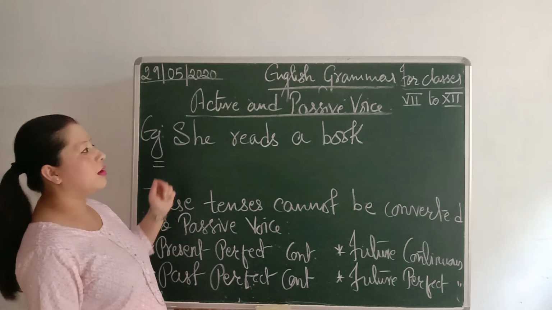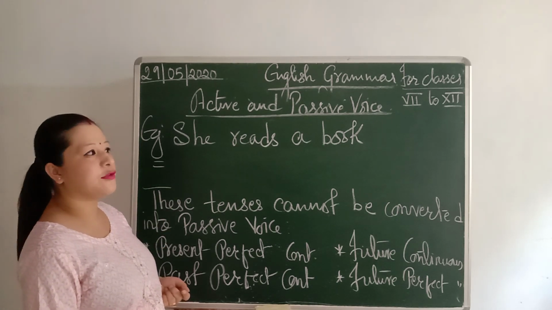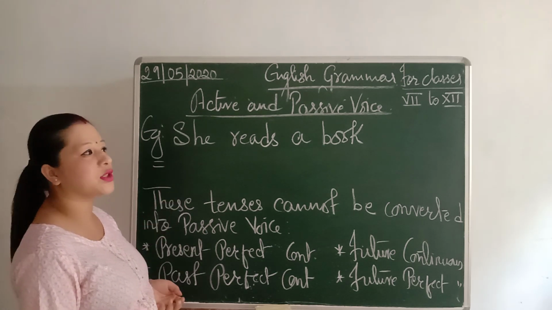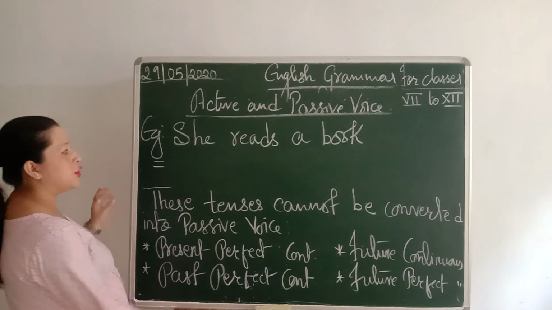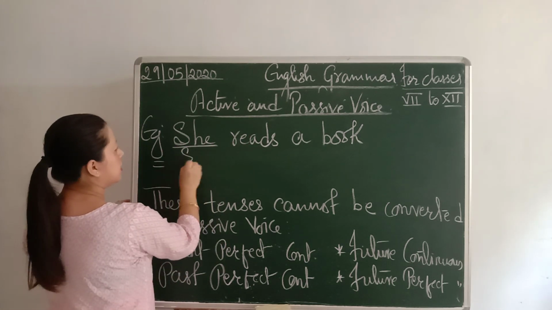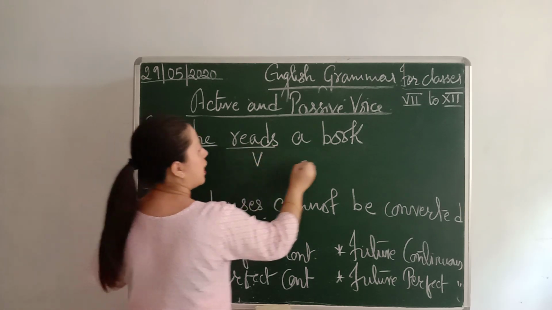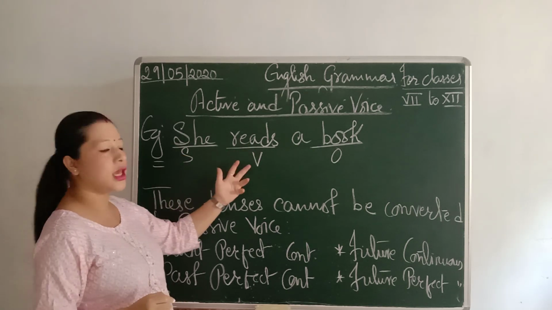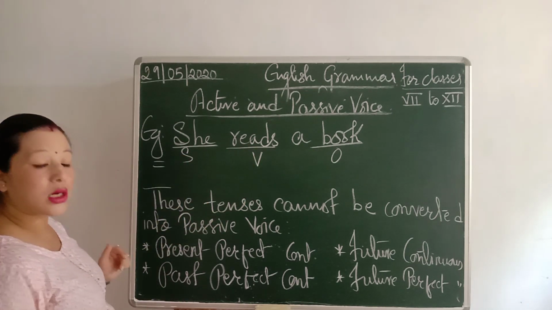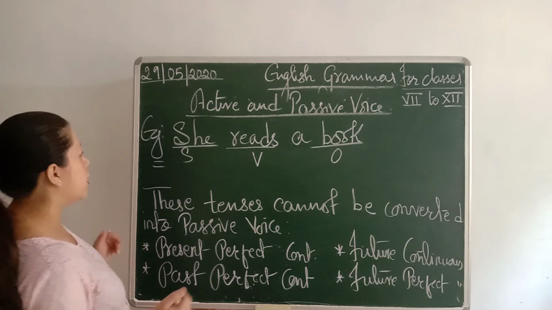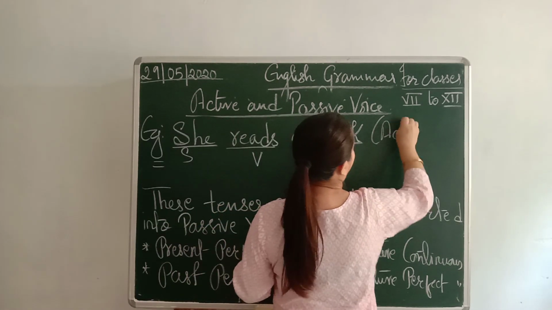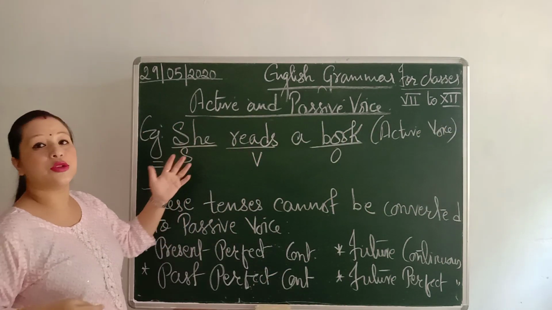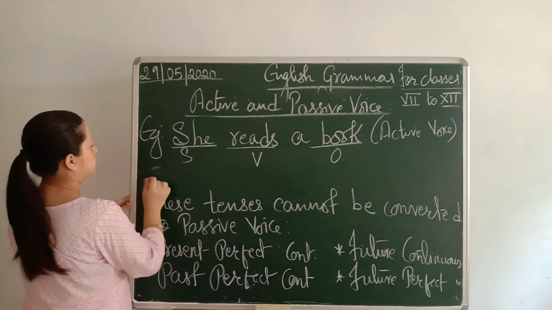Okay, so in your basic rule I told you the first point is that you have to find out which are the SVO. SVO stands for subject, verb and object. So in this sentence, she is a subject, reads is a verb and book is an object. So in this sentence, this is SVO. So next, you have to convert object with the subject. So this sentence is in an active voice. So when you have to change this sentence into a passive voice, how will you change it?